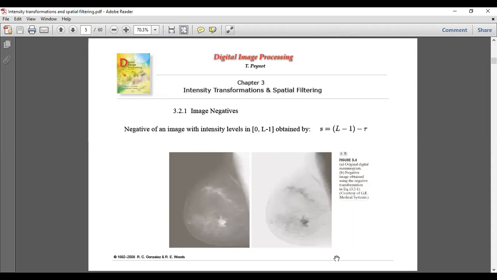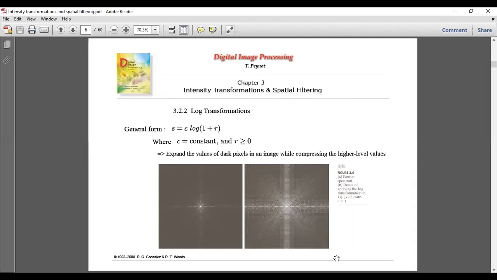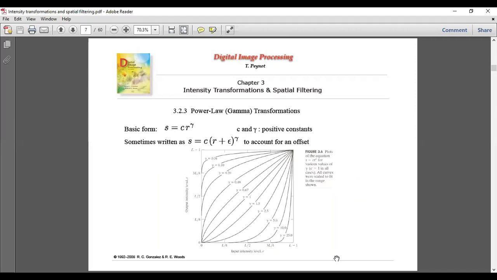Next is image negatives, which we saw. You simply subtract the value from 255, and you get that. And the log example we took, right? Fourier transform is a good example, and there are several issues when you take the Fourier transform. We will address them in the next module. What next? Yes, the power law transformation. Earlier we took the log; log is like a square root of it, and this is the power law transformation. Same thing as you did yesterday. Just take the intensity to a certain power, and sometimes you have to scale it by a certain offset. It depends on the kind of values you have.